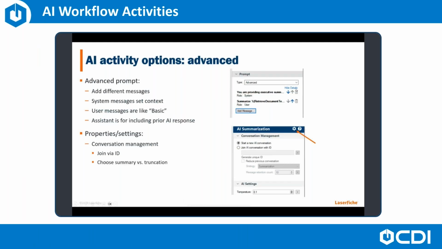The AI activities work alongside those traditional activities, so this can be integrated into your existing Laserfiche workflows and can even handle traditional activities like adding a sticky note or text annotations, tags, rights, sending email notifications, and of course, routing documents to particular users. This is one of my favorite new built-in Laserfiche AI activities and functions because it allows you to use the LLM of your choice.